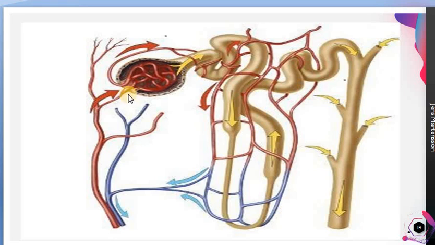Can you see that here? The afferent arteriole is a little bit bigger. So when the blood goes into the glomerulus, it is relaxed because the arteriole is a little bit bigger here. It enters the glomerulus in a very relaxed way. When it goes in a relaxed way, there is a chance of diffusion. The waste matter can easily ooze out, but that will be facilitated by the efferent arteriole's narrow nature.